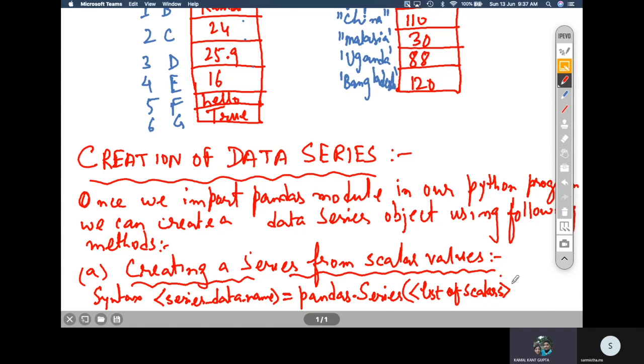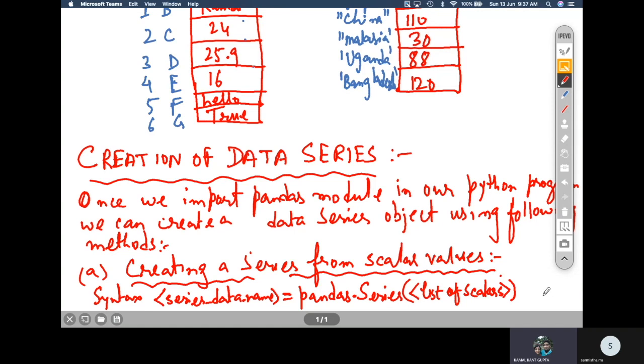This is a basic way of creating a pandas series. After that you can have an advanced syntax for that. So this is the very basic syntax using which you can create a pandas series, right?